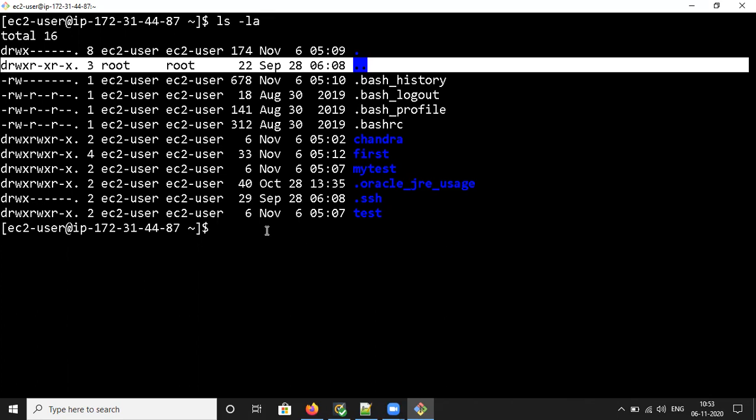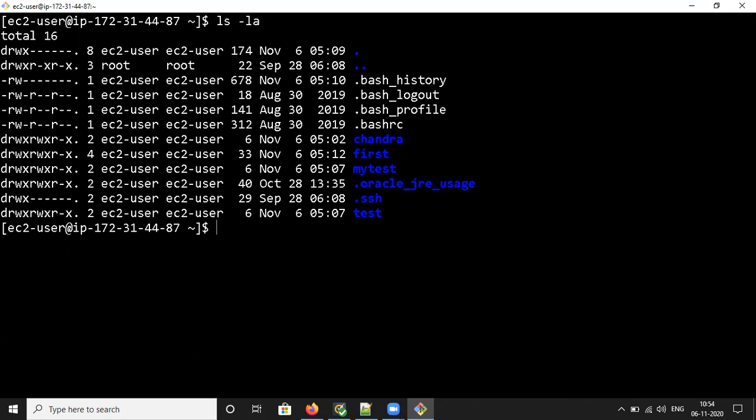Now I want to display recursively. What do you have to use? ls -R. What will it do? It will display the files recursively using ls -R.